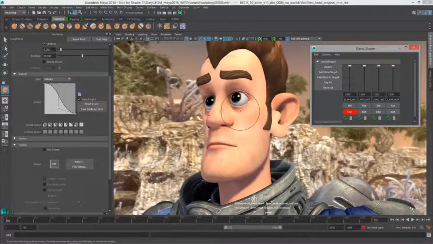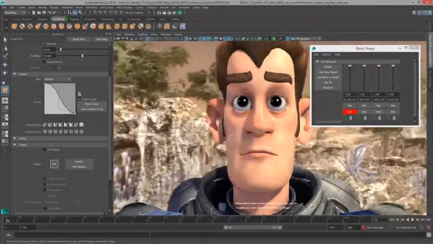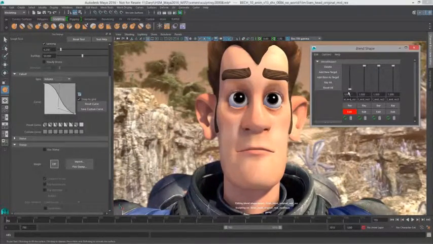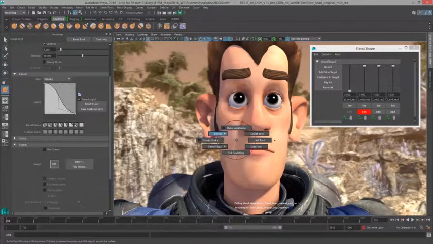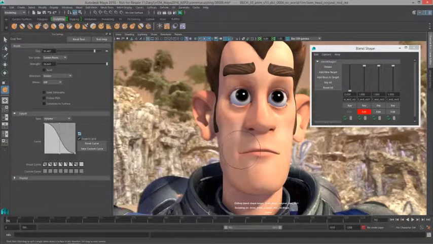Pretty straightforward. So what we want to do now is make a new blend shape. We're going to zero that one out, click Edit on the second slider, and I'm going to use the grab tool to just add a little twist or a little bit of lift to my character's lip. So I'm going to go ahead and turn mirroring off. I'm going to right mouse click and just jump over to my grab tool, and I'm just going to pull